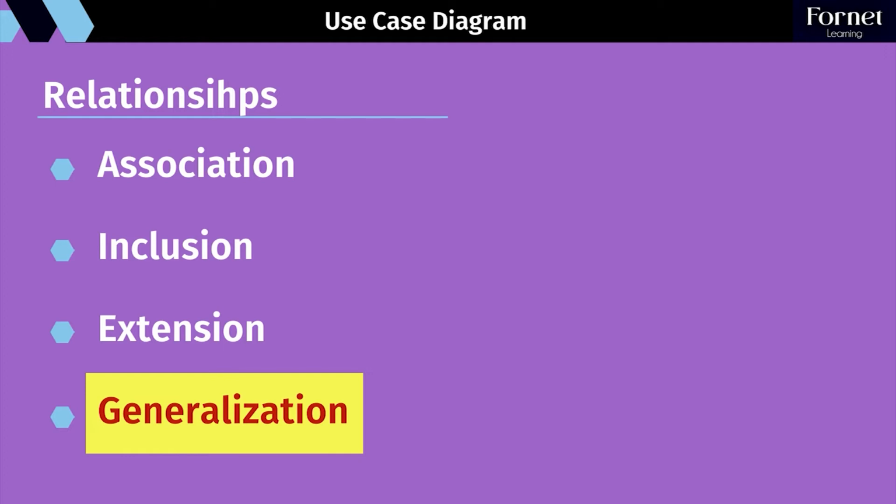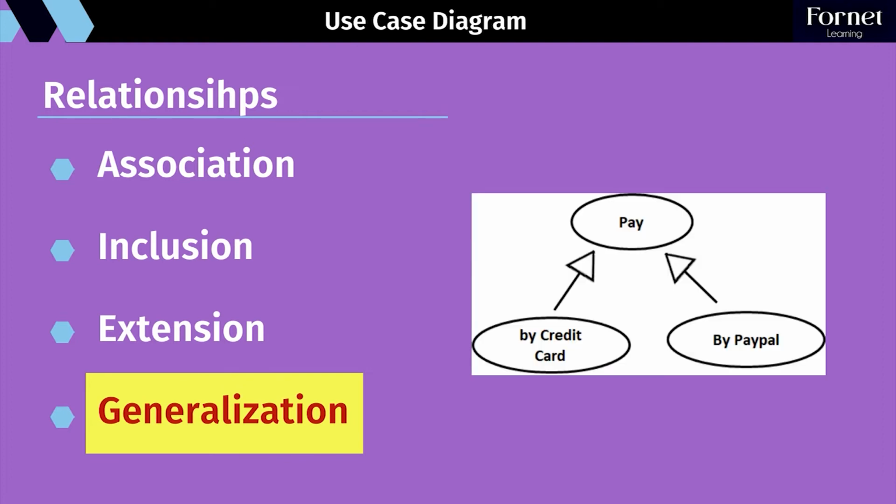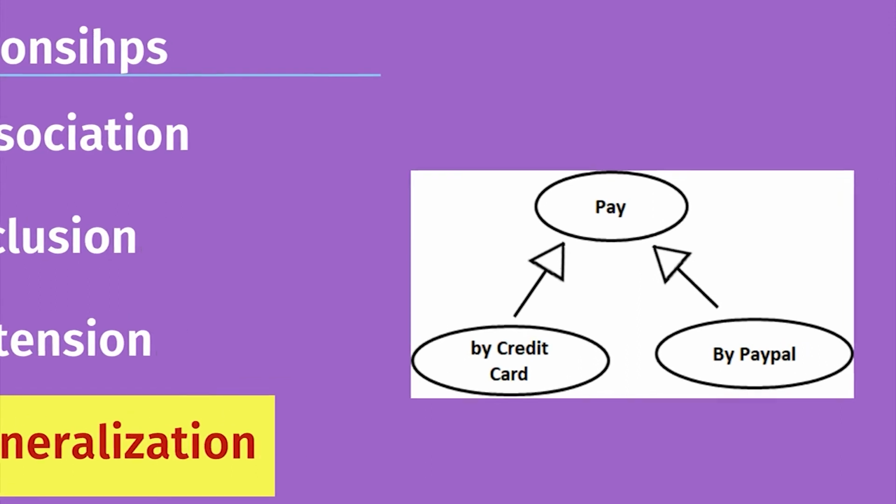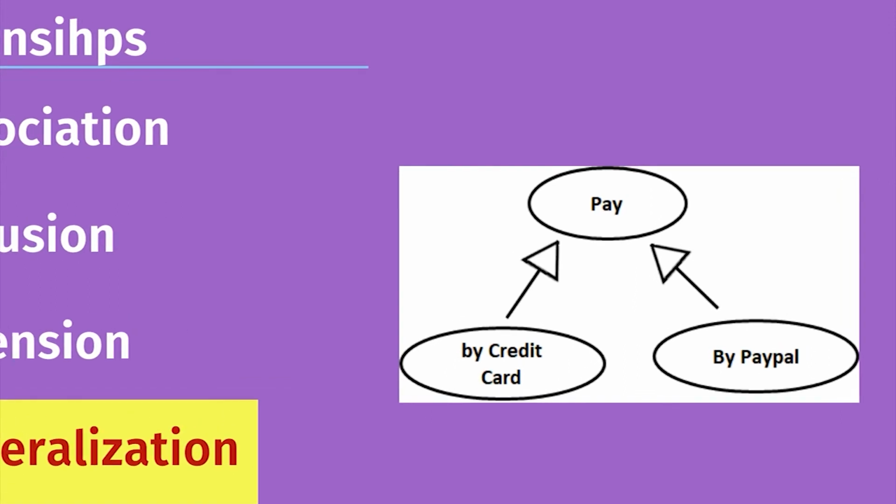All right, let's move now to the generalization relationship. Generalization, or inheritance, means that the specific elements, or child elements, inherit everything that characterizes the general elements, or parent elements. For example, we have here two specific use cases, pay by credit card and pay by PayPal, that inherit the general use case pay. So they will inherit all characteristics of the use case pay, like association with the actors, dependency relationships, or even already existing inheritance.